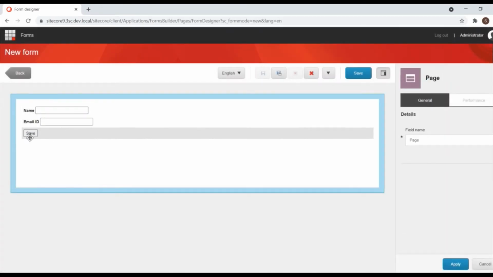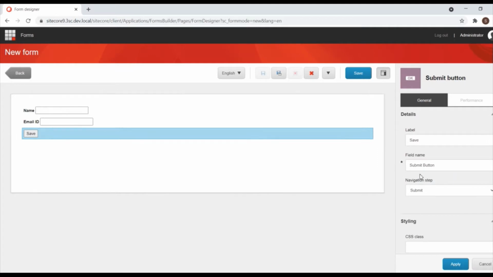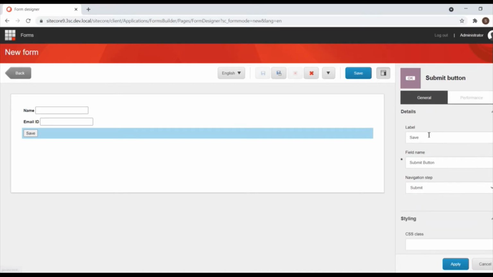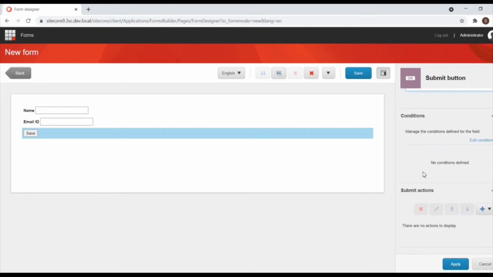Now the form is created, and we need to add an action to it. This general data is fine. If you want to add analytics related performance settings, there is another tab available. Here, if you want to add a CSS class, you can, and similarly the conditions we discussed.